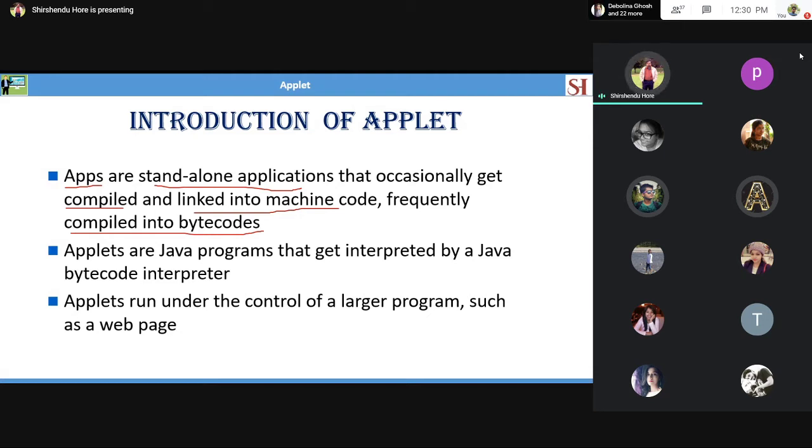Okay, so I'm just stopping this presentation. I will come back because I am hearing some sound. That means someone wants to join. Let them join, and then we'll start from this. By this time, if you have any doubt, you can raise those doubts.